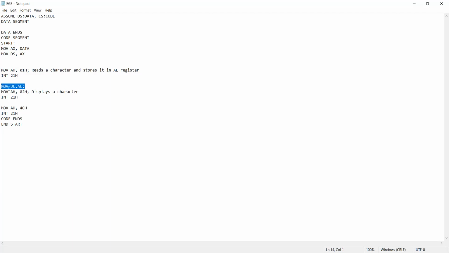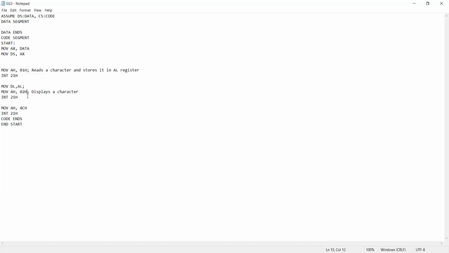What we read from the standard input device, we moved into the DL register. Later we are calling another interrupt routine, INT 21H. Before calling that, we are passing the value 02H into the AH register. That is responsible for displaying the character on the standard output device.